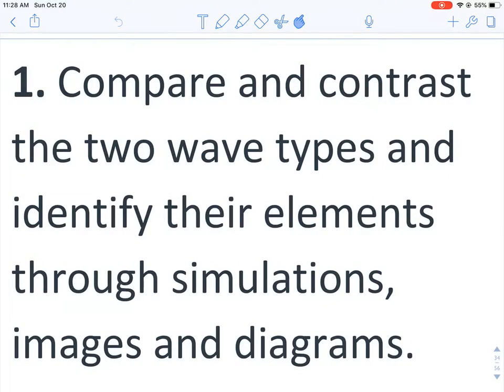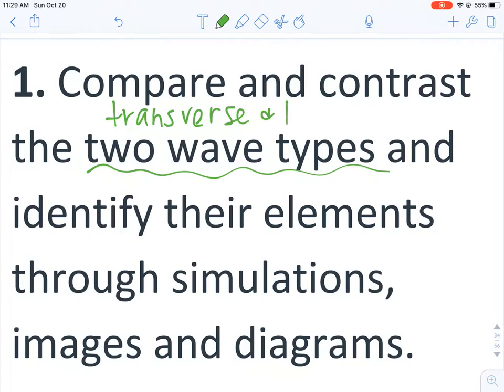This video is all about the two wave types, comparing and contrasting them and identifying examples. These two types that we will look at are transverse and longitudinal. We're going to identify their elements, the most important characteristics of waves, through looking at simulations,